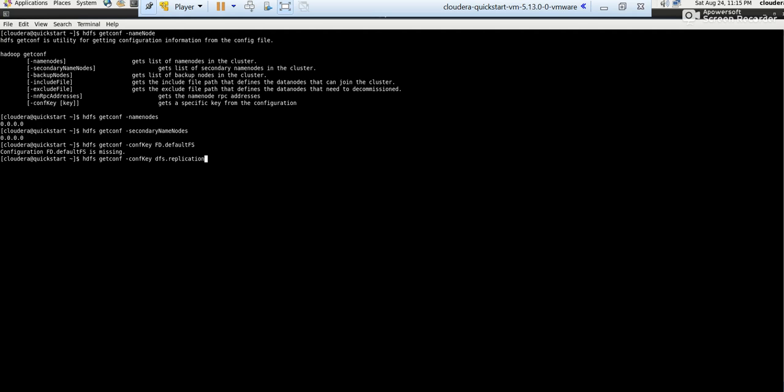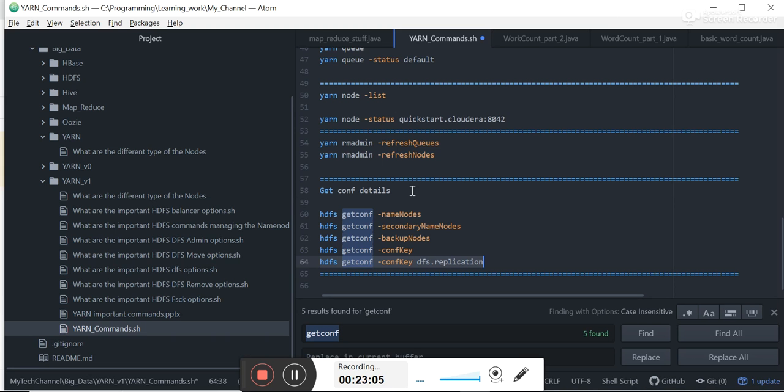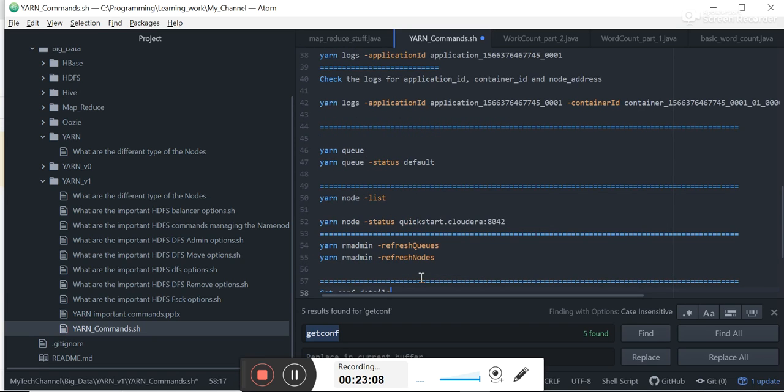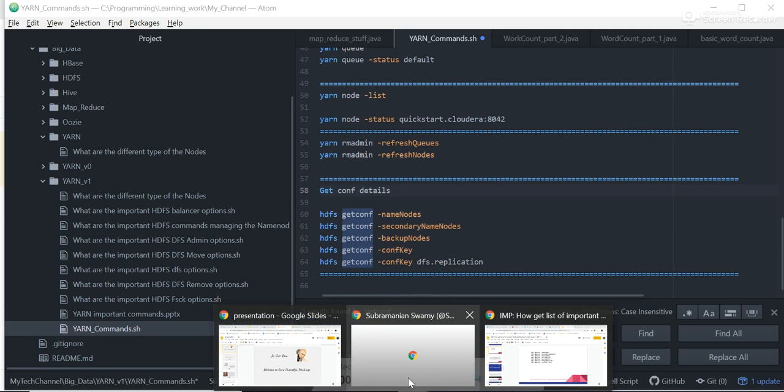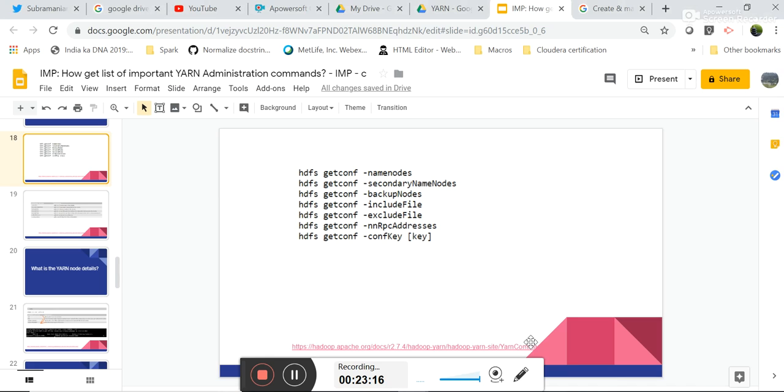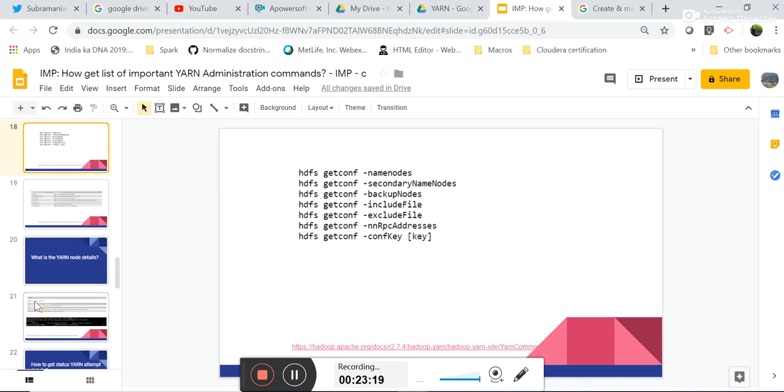If the config is missing, it will say missing. So now this will give me the value of default replication, which is one. It is the default for this